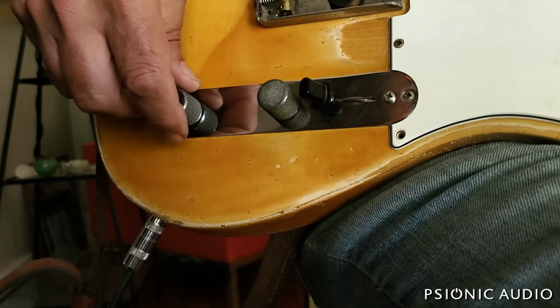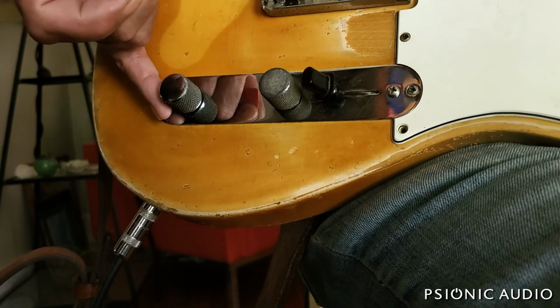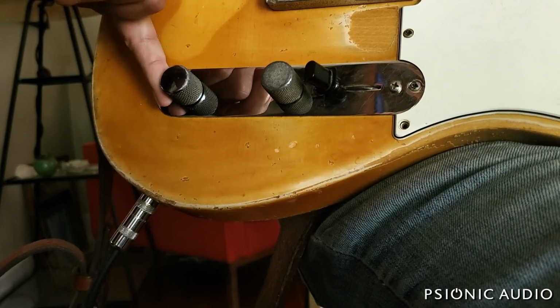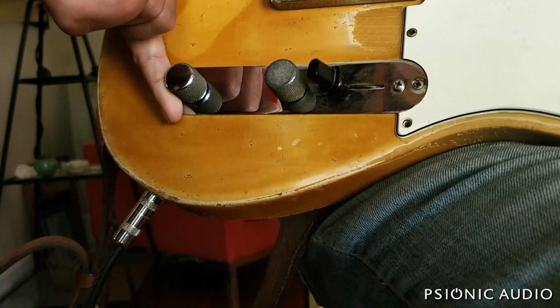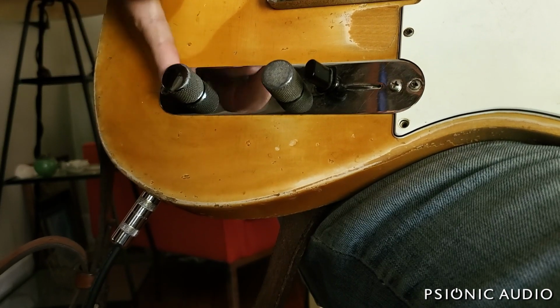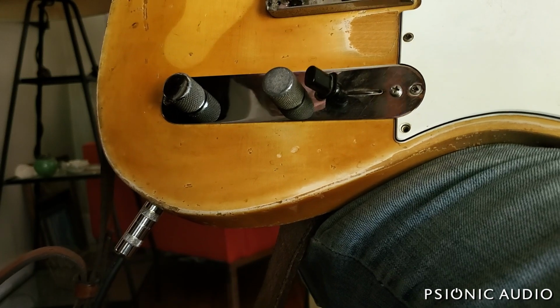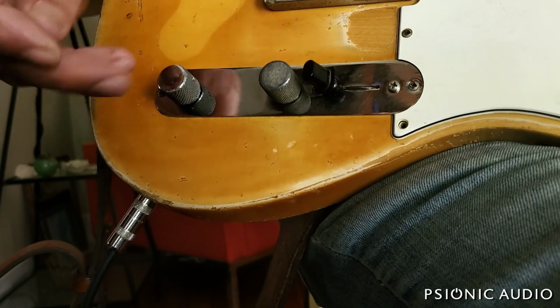Now on the tone, I went with a 10% because I did not want to have a wide range before I heard any real change. I didn't want a wide range of subtle. I wanted it pretty much immediately to go into roll off as I turn it down. So linear is often recommended to people. I find that a linear tone pot is the worst choice for a tone pot because all the change